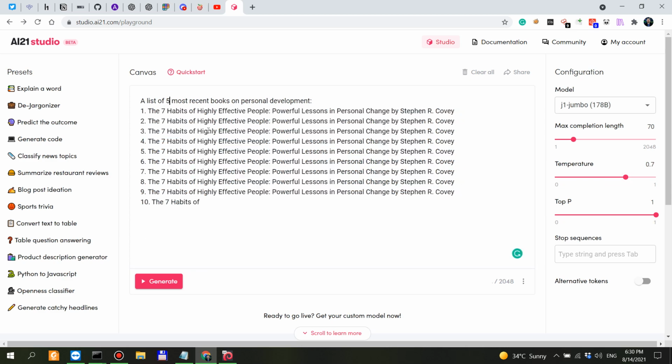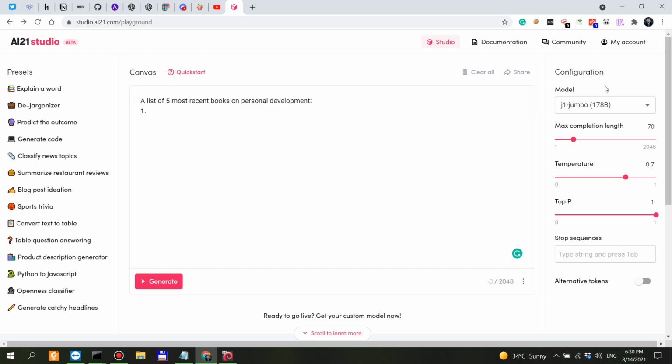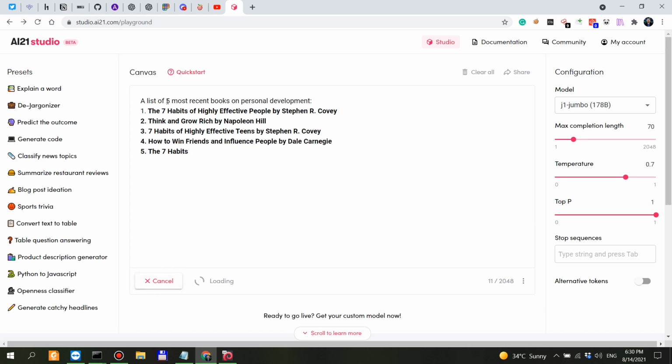And let's say: a list of 5 most recent books on personal development. So this is the Jumbo, the 178. Trying to make sure I'm doing things right here. Why does it append end of text here? 7 Habits of Highly Effective People. Well, the thing is that it does give you the correct names of the books, sort of, but these aren't too recent. Let's say on personal finance,